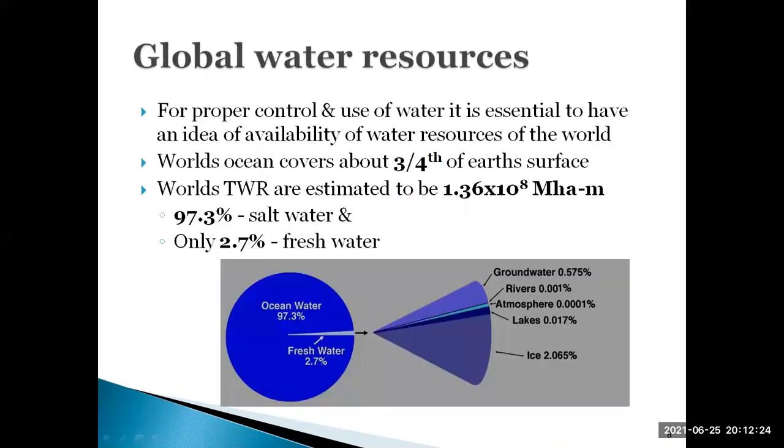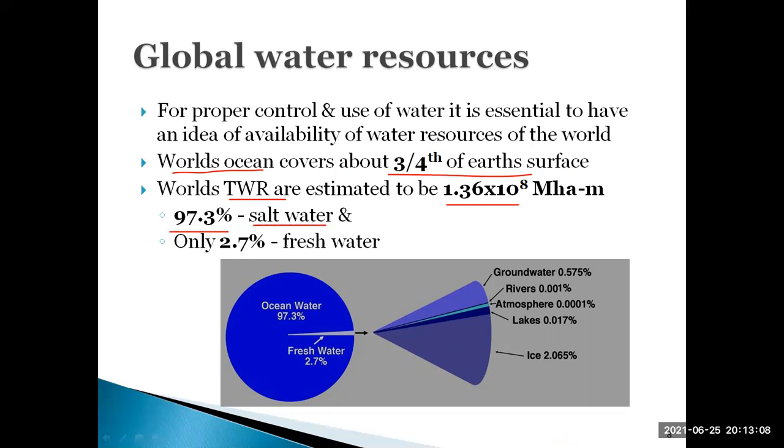Next, you have the global water resources. If you want to manage water in a proper, systematic way, first of all you should know what the available quantity of water is. Throughout the world, what is the availability of water resources? For that, knowing about water availability throughout the world is very essential. As you know, the world ocean covers about 3/4 of the Earth's surface, and the world's total water resource is estimated at about 1.36 × 10^8 million hectare meter. In that total water resource,